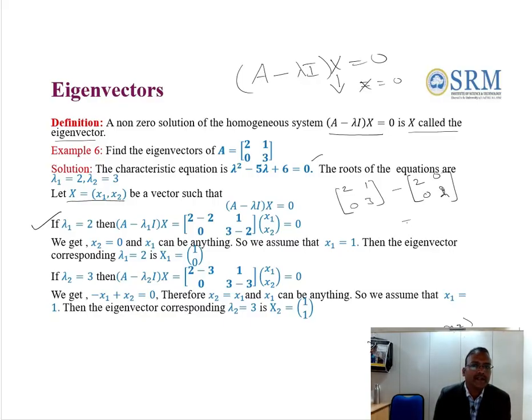Okay. If you subtract this, what you will get? This is 2 minus 2, 1 minus 0 and then 0 minus 0 and 3 minus 2. Therefore that gives the matrix. What is this matrix? 0 1 0 and then 1. Okay. So this gives